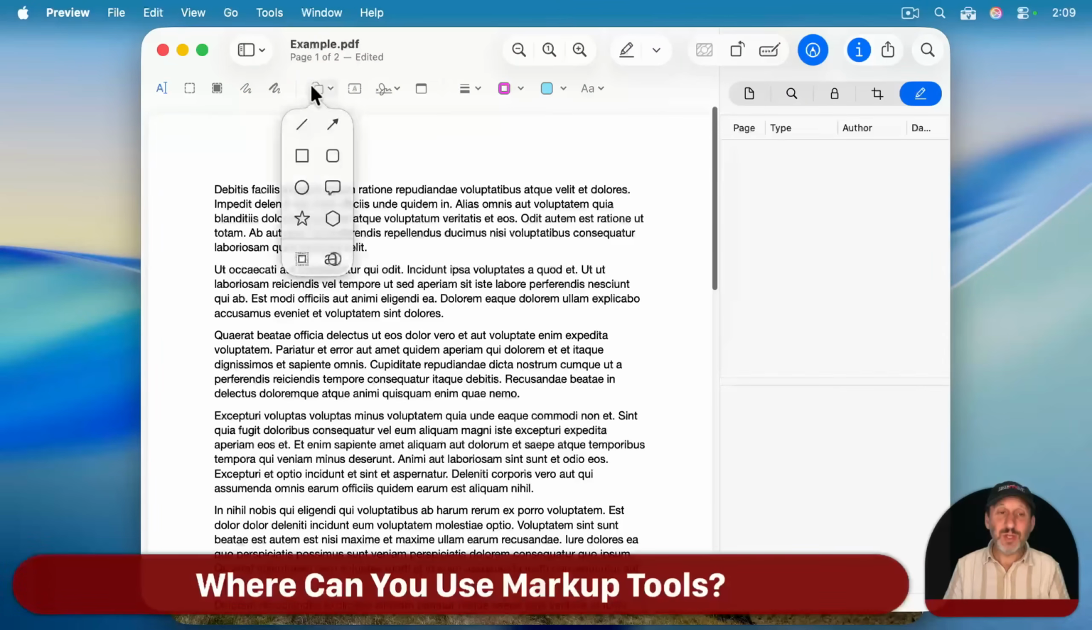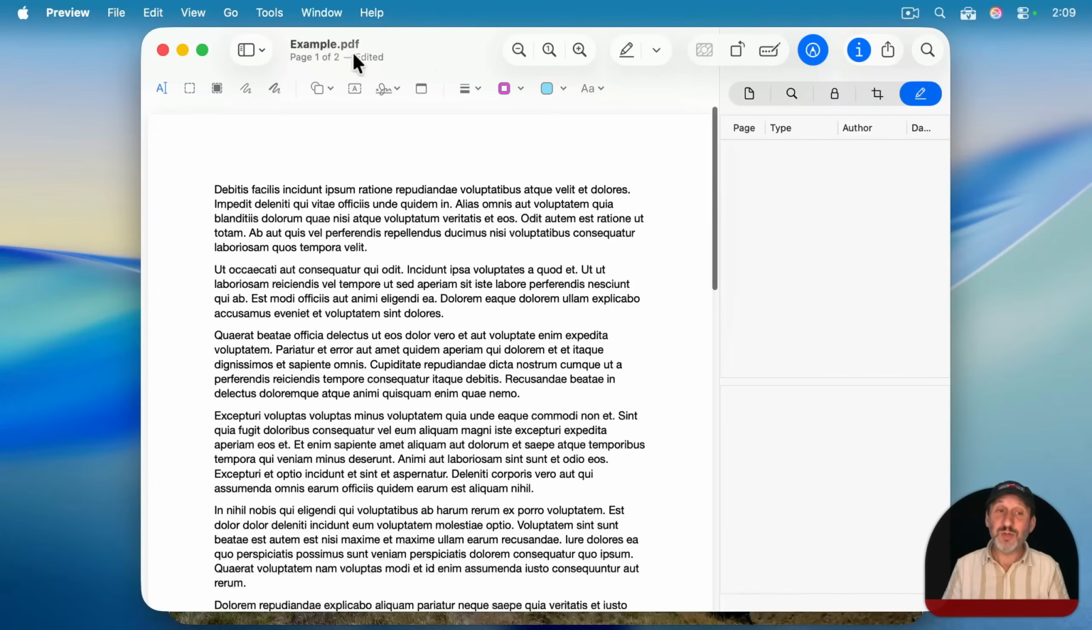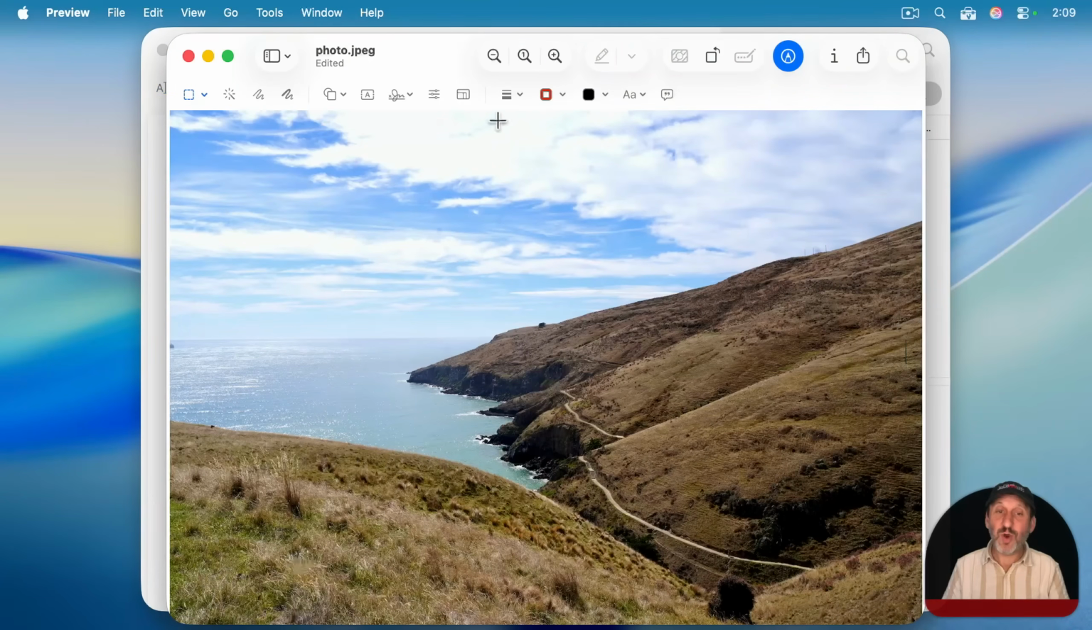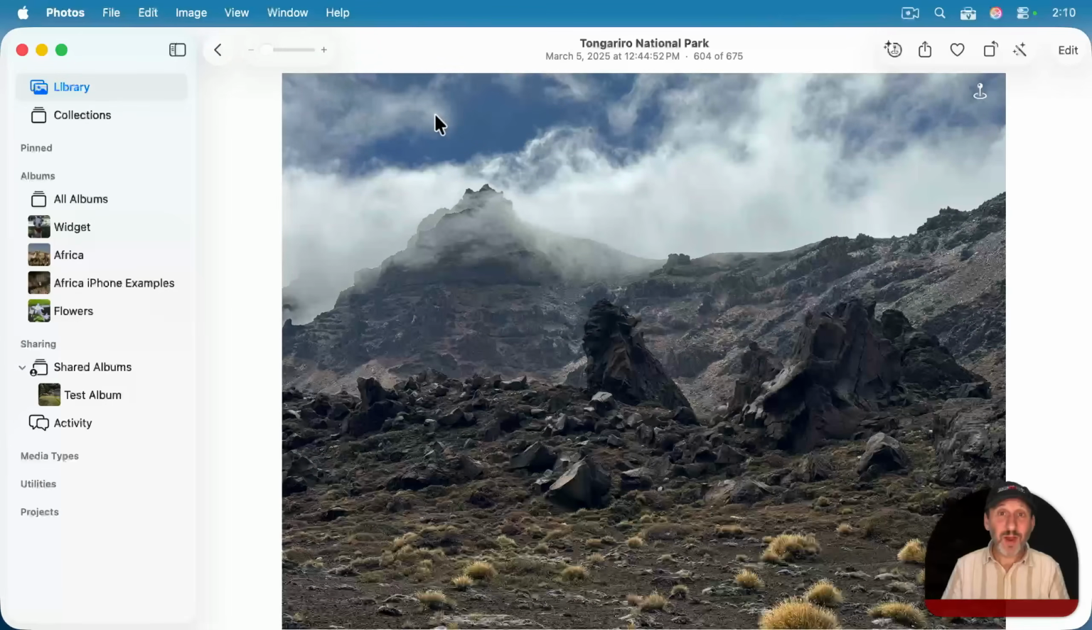So now that you know how to use these shapes, it's important to know where you can use them. I've shown you how you can do it here in a PDF in the Preview app. And you can also do all of this here in a photo in the Preview app. But in addition to that, markup tools show up in other places. For instance, here right in the Photos app, without having to go to Preview,